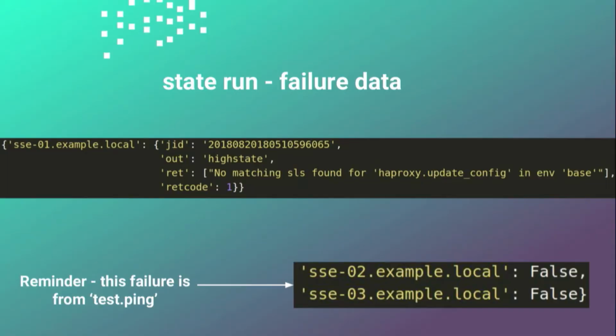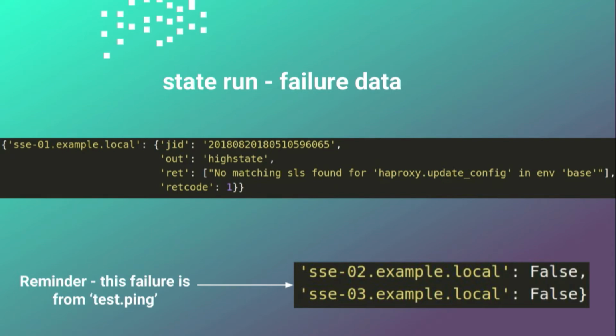Okay, fine. So again, failure. What does failure look like? Here's what failure looks like for state runs. So we have a single minion with our state run. We broke it deliberately so we can get some decent return data. And we have a failure, but instead of a simple Boolean false, we still get back a valid Python dict object.